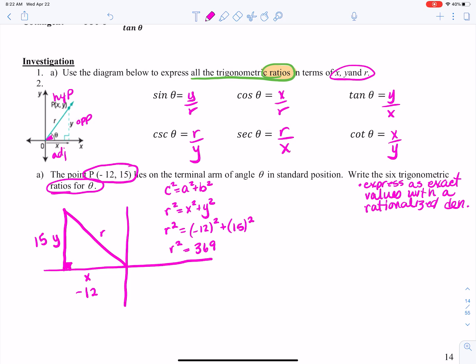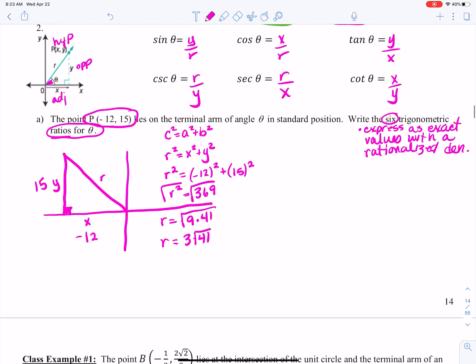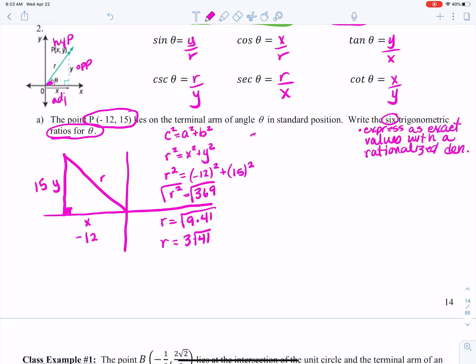So what that means is I'm going to have to take the square root of both of these, and r is equal to square root of 369, which I believe is 9 times 41. So r is equal to 3 root 41 as a simplified radical. Now, they're asking for the 6 trigonometric ratios. So I'm going to start with sine